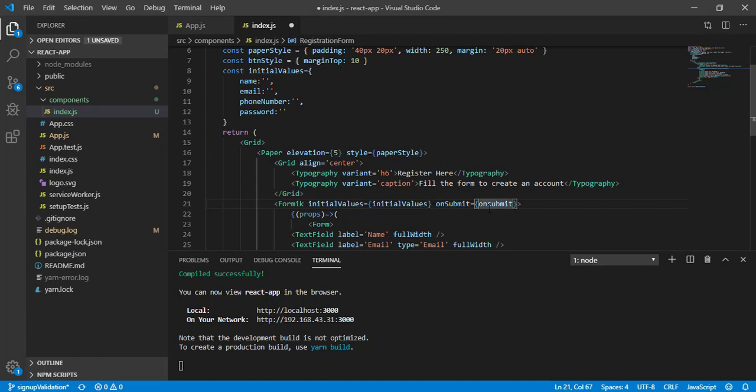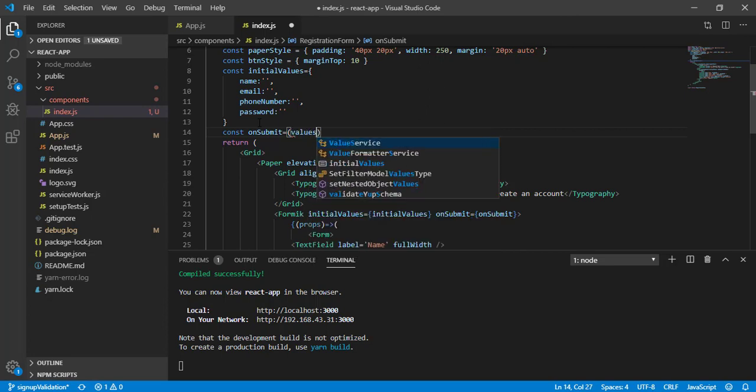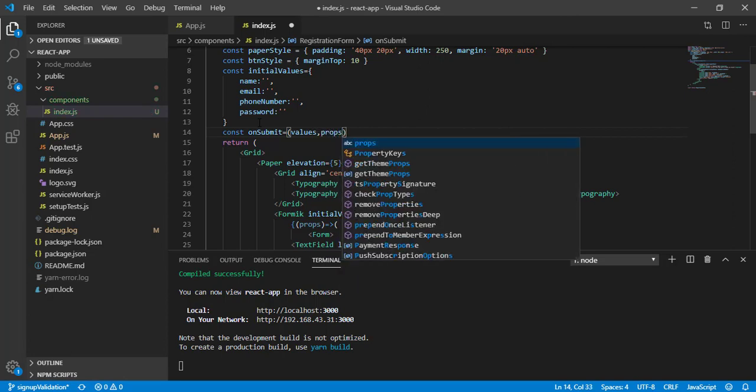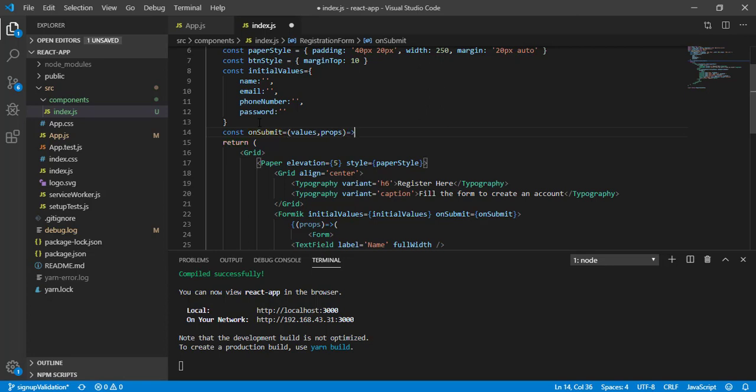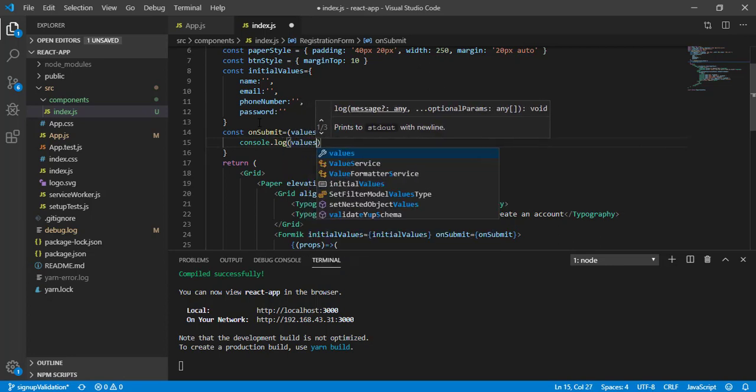This function doesn't exist, so let's create it. This function is going to get two parameters: first is values and another is the set of functions, so let's call it props here. Now let's do a console.log of the values.